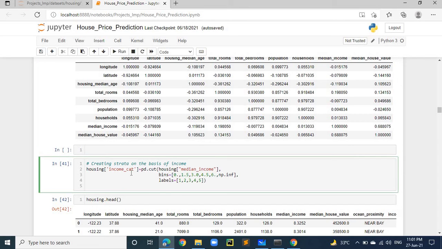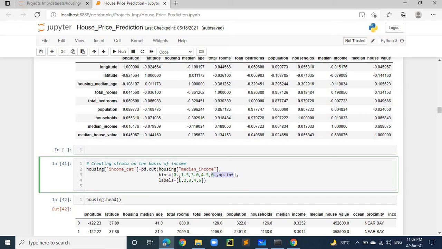How have I created them? I have created an income category column, and by using pd.cut, I have divided my whole data set by the median income into different subgroups: from 0 to 1.5 one group, 1.5 to 3 another group, 3 to 4.5 another group, 4.5 to 6 another group, and greater than 6 to infinity another group.